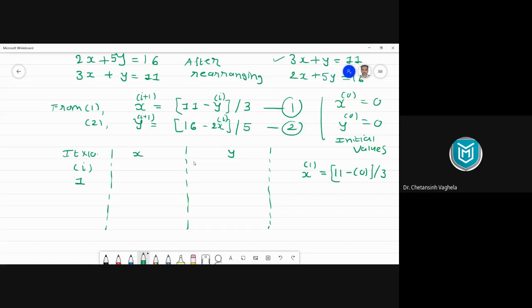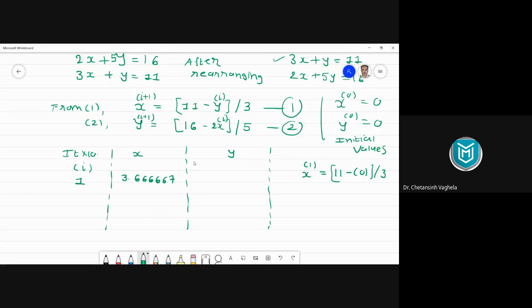So now with the help of calculator, tell me what is 11 by 3. Right? You need to post the value in chat box, and whatever decimals you have, you try to keep maximum up to 6 or 7 decimals. कि कम डेसिमल यूज करोगे तो एक्यूरेसी भी कम हो जाएगी. Tell me what is value of 11 by 3. Okay, so it is 3.66667. Let's use up to 6 digits.